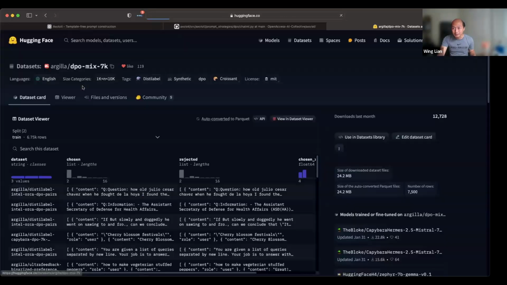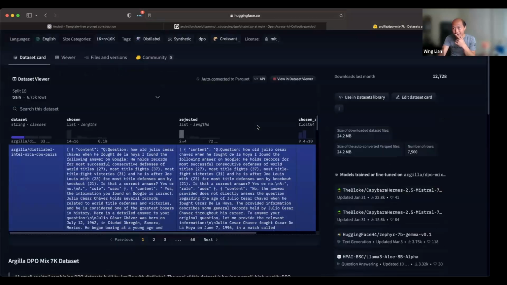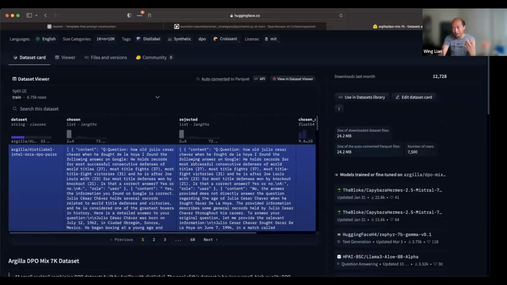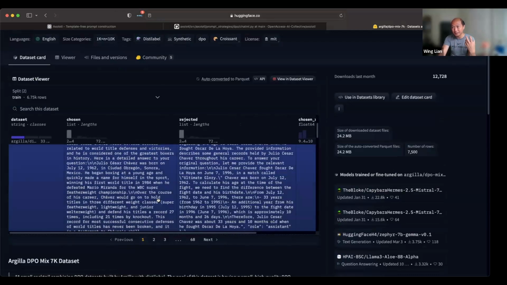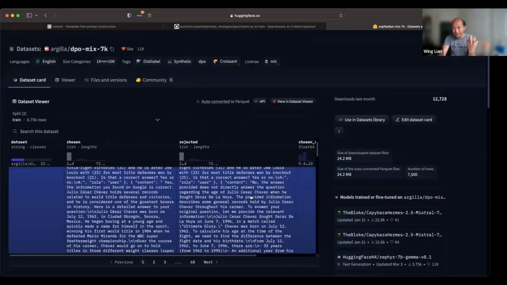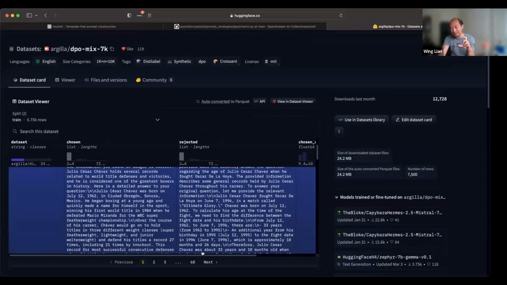Yeah. So that is this one. You can see that you sort of have to look at the data set and see, all right, they have chosen, rejected, and they don't have an initial prompt, right? So this one, compose, will build the prompt based on everything up to the last response.